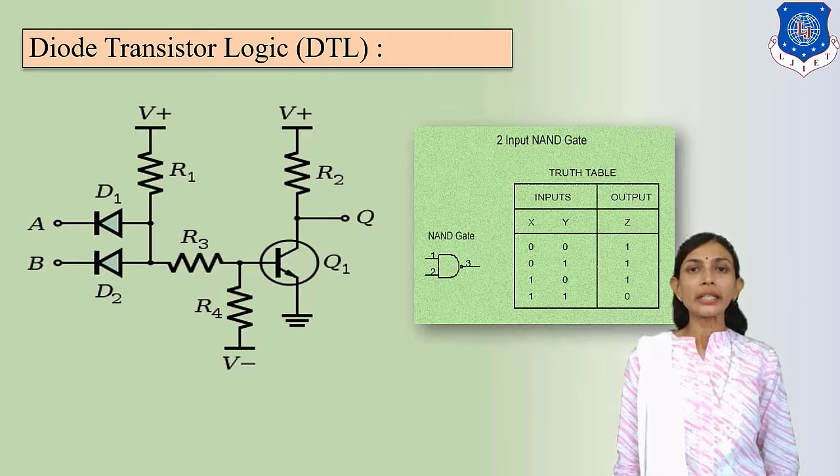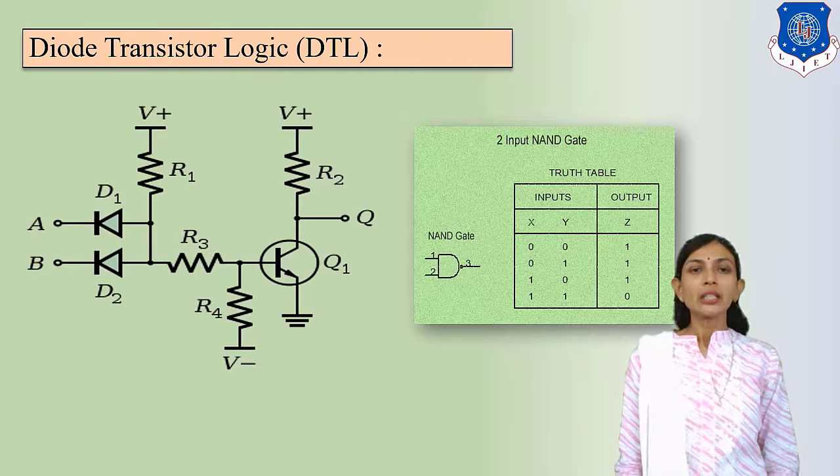So let's compare and realize the truth table of NAND gate with the circuit diagram. This is the circuit diagram using diode and transistor. I have used two diodes D1 and D2 and one transistor named Q1. Here we have the two inputs A and B. In digital we have the two inputs 0 and 1, so accordingly we have four possible combinations: 0 0, 0 1, 1 0 and 1 1. We will apply the inputs one by one to the A and B terminals, and we will observe and note down the output at the Q terminal.